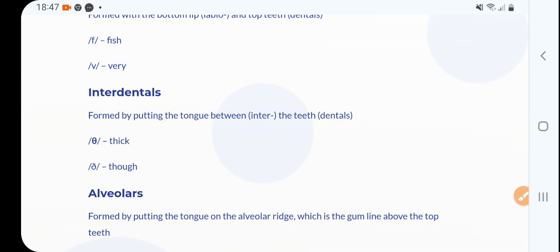Now, interdental is formed by putting the tongue between the teeth: inter and dental, right? Thick, thick, thick. Then the upper part of our tongue touches the roof, thick, right? Thick. And then